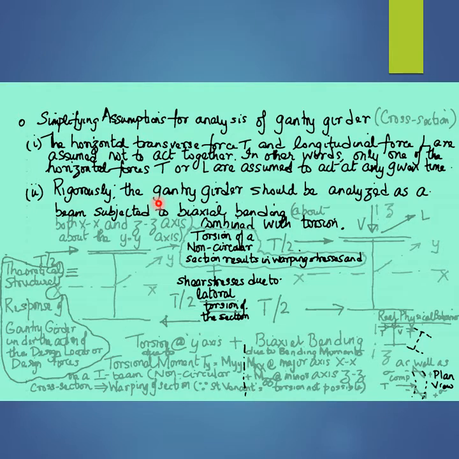In other words, while a rigorous structural analysis of the steel gantry or the steel crane girder would require the consideration of biaxial bending combined with torsion,